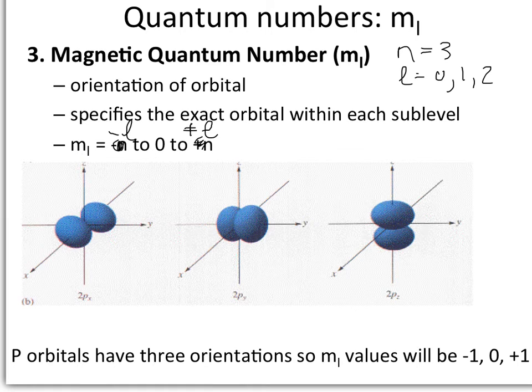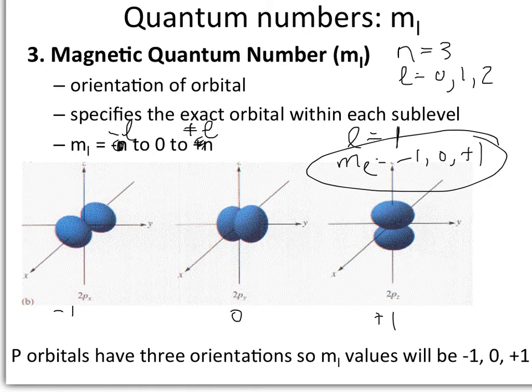And let's say I only wanted to look at the L = 1 possibility. Okay, so we know that L is equal to 1. So in this case, my m sub L values are going to be -1, 0, and +1. So we might assign our -1 orientation to our px, our 0 to our py, and our +1 to our pz. So the orbitals are going to be assigned a specific m sub L value that associates with the directionality of each. So that'll allow us to say, hey, the electron is in the px orbital, or the py, or